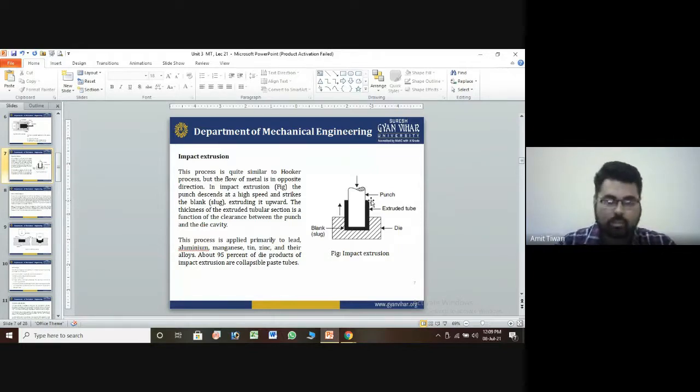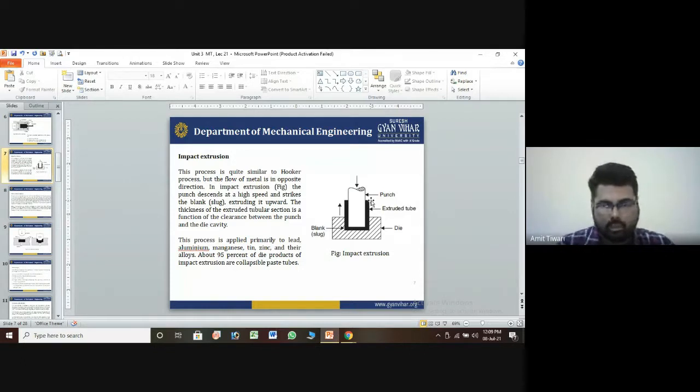These are some properties we are using. For the same amount we produce, external pressure will be applied, from 1000 bar to 3150 bar, approximately Newton per mm square. So these are some conditions that will occur in this section. Between the punches, you can apply the diaphragm, or the material that is more responsible for that. At least we can say that impact extrusion and Hooker extrusion are the same, but the direction of metal flow is different from each other.